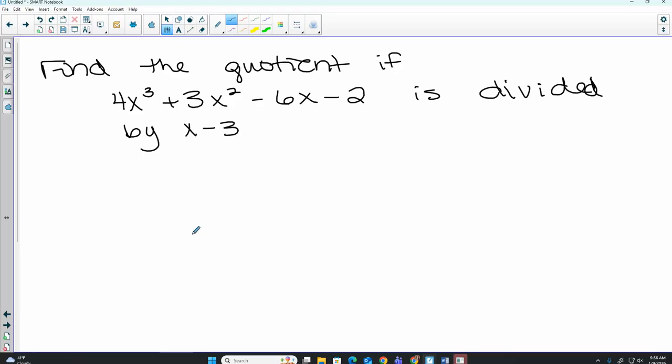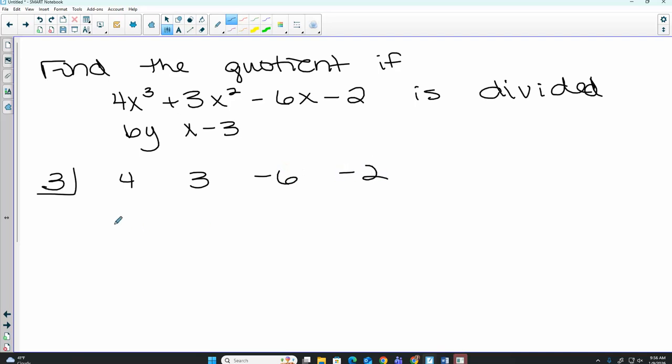Okay, so if I ask you to find this quotient, what do we do? Right, how do you know it's positive 3? Right, so what makes this equal 0? Okay, then we do our coefficients, so 4, 3,